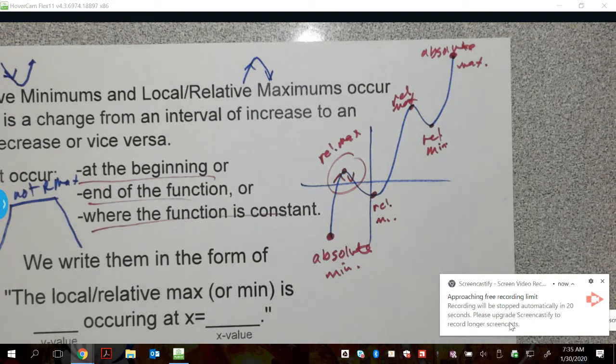And they're relative. And then you look big picture. What's the highest point? What's the lowest point? And what they'll do is they'll give you an interval. If it's a closed interval, meaning, the brackets, the points are included, you're guaranteed, as long as it's continuous, as long as I didn't pick my pencil up, are you guaranteed